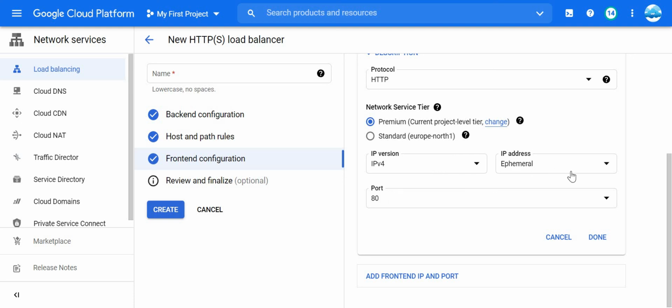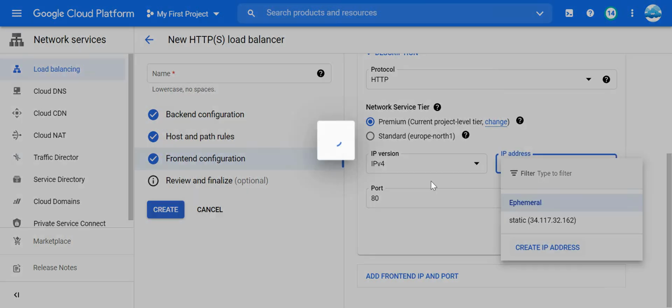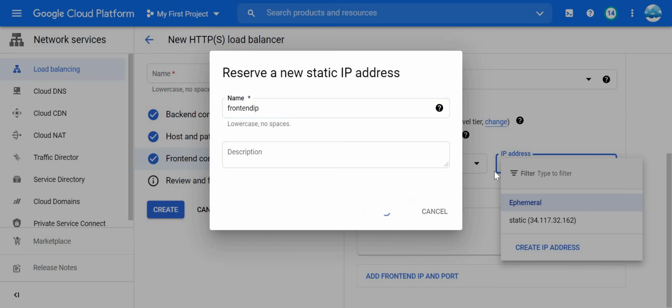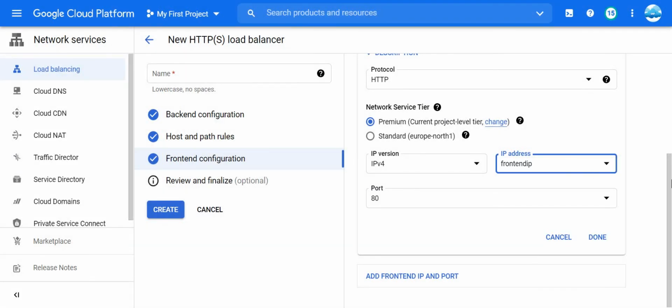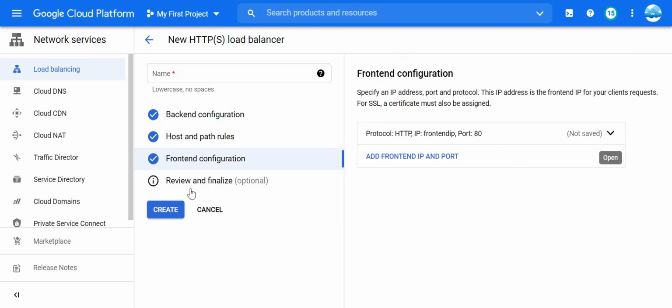If you are creating for test purposes, you can select this, or you can have a static IP. Just say create static IP and give any name, like for the front end IP. This will be the static IP used for your load balancer as a front end. I created one static IP and just say done. So we are done with this also.